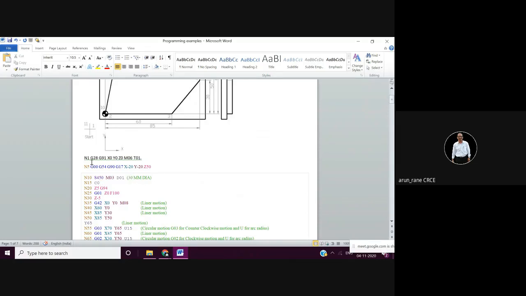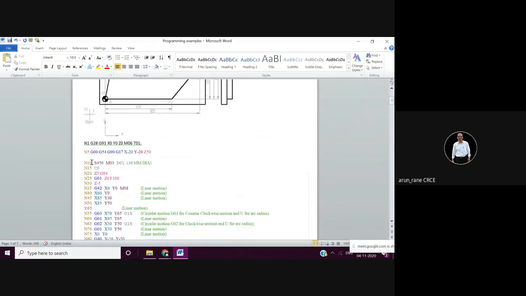So it will run now. Here it is always better that you cancel all the commands. The first block should be, now this is reference return and this is tool change, so it is good practice to cancel the canned cycle if it is active. So you say G80.